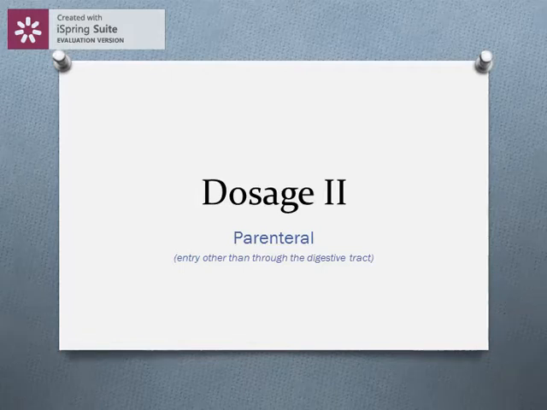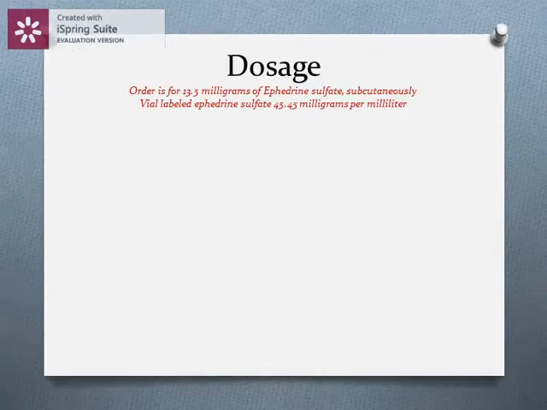Good day, class. There's a little bit more about dosage we wanted to cover, so I just labeled this one dosage 2, and it has a lot to do with parenteral administration of medication. So much of what we see here will be medications that would generally be administered in places other than through the digestive tract. So you all may know more about that than I do, but at any rate, let's move right along. So in this first example, the doctor writes an order for 13.5 milligrams of ephedrine